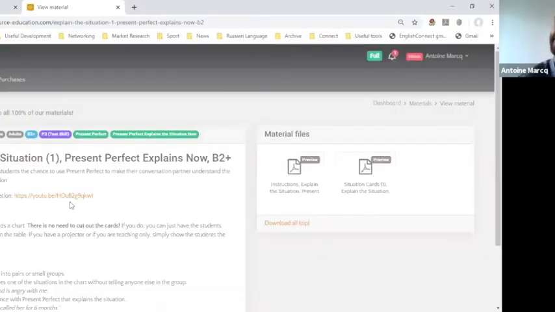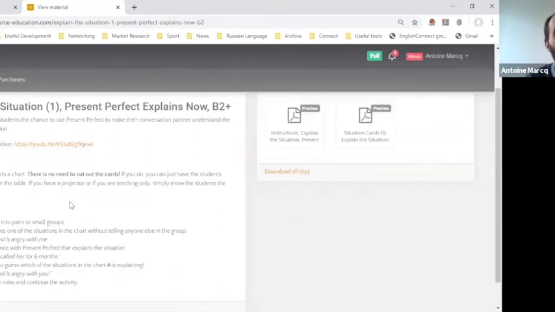So next, instead of explaining the feeling, we're going to explain the situation. So, just like the feeling cards, it's the opposite of making assumptions here, basically. The students have not a feeling, but a situation. They want to imply it to the others. So they're going to have to make sentences. It doesn't all have to be in present perfect. Let them be natural, okay? If they make some sentences that are not in present perfect, it's absolutely fine. We don't only use present perfect to imply things.